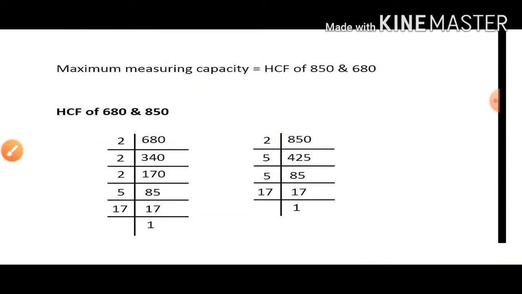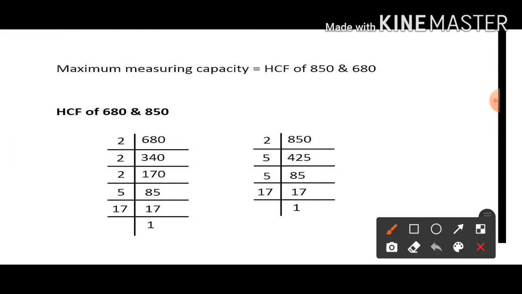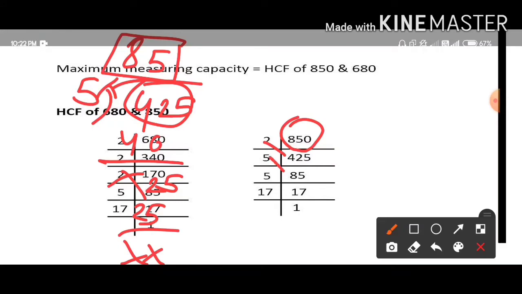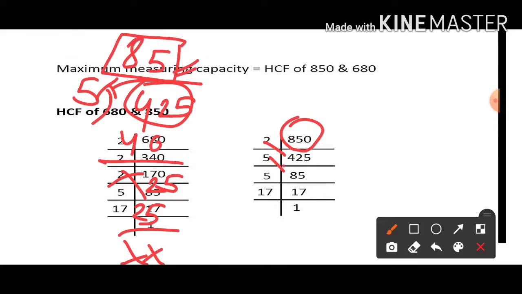Like this we have to find the prime factorization of 850. Again you can see it is an even number, so it is divisible by 2. So divide 850 by 2, it will come as 425. Now after 2, 425 is an odd number, so it is not divisible by 2. We'll check it by 5. Now divide 425 by 5. 5 eights are 40, then 5 fives are 25. So 425 divided by 5 is 85. Write here 85. Now again divide 85 by 5. So 5 seventeens are 85. Now 17 is divisible by itself, so we'll divide 17 by 17.